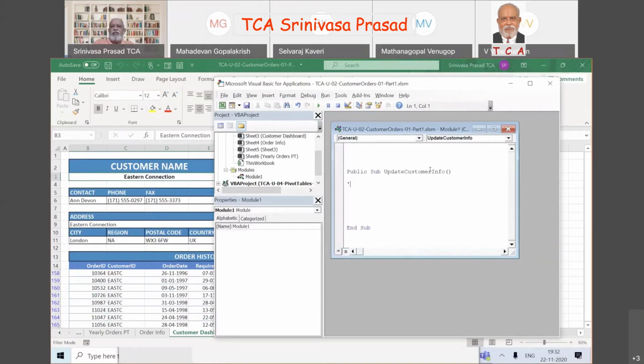So we write a single quote. We can write, for your own idea, what I am going to do. You can write what it is going to do: update chart based on customer selection.